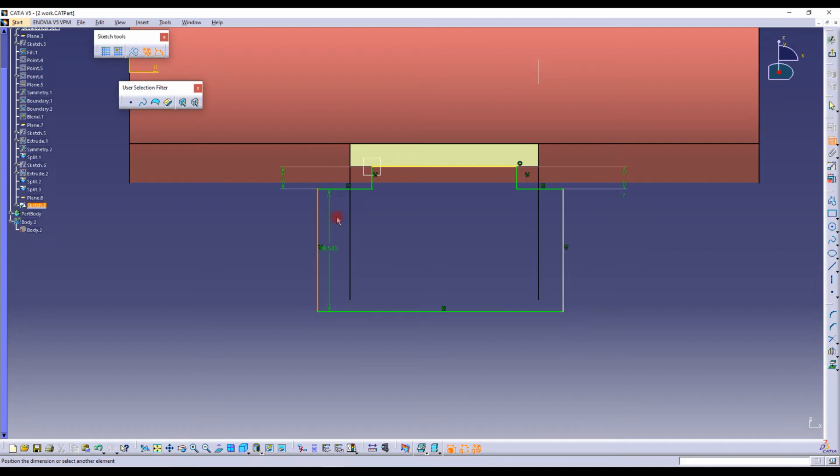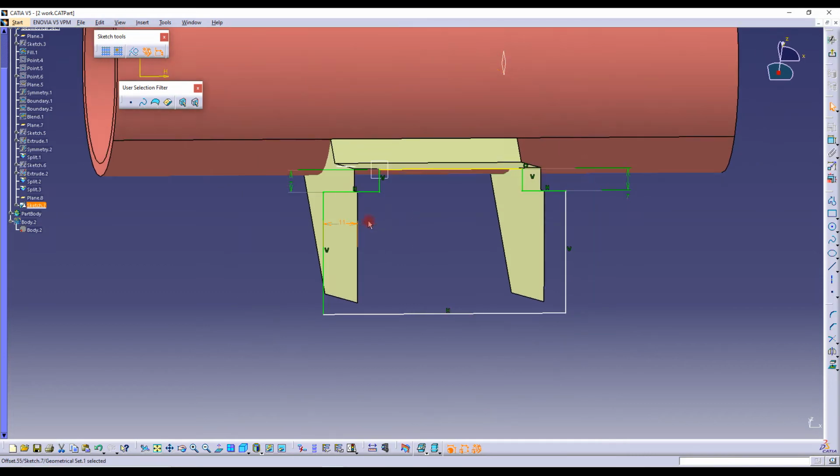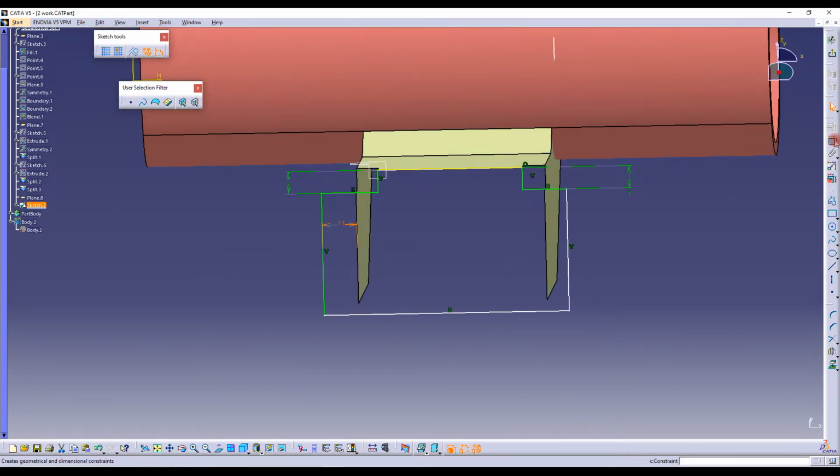And this line from this edge has to be 11 mm. So that's the edge of the surface, the side wall. Similarly over here, this line has to be at 11 mm. And this bottom line has to coincide with this point, or these 2 points, this point and this point, the bottom point. So select this line